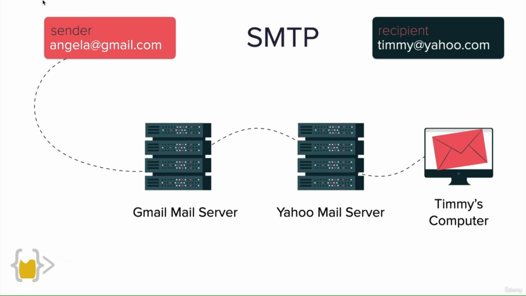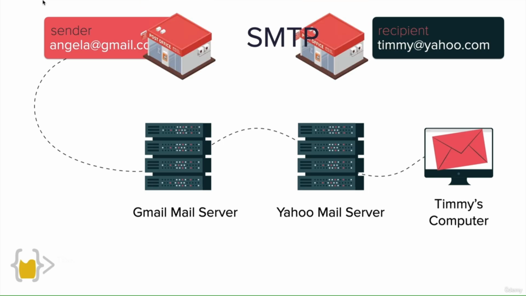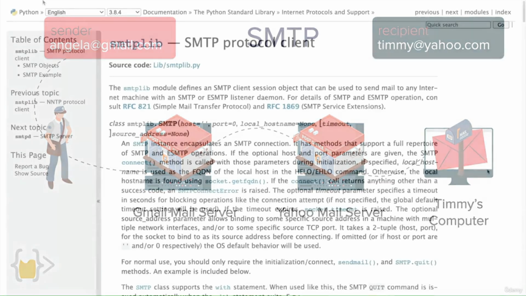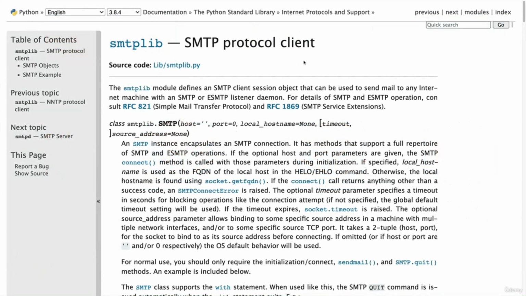Now, a good analogy for SMTP is if you imagine these mail servers as a post office and Timmy's computer being the mailbox, then SMTP is basically the postman who knows how to handle the email and take it to various post offices and eventually put it into Timmy's computer. So in Python, there's a module called smtplib,